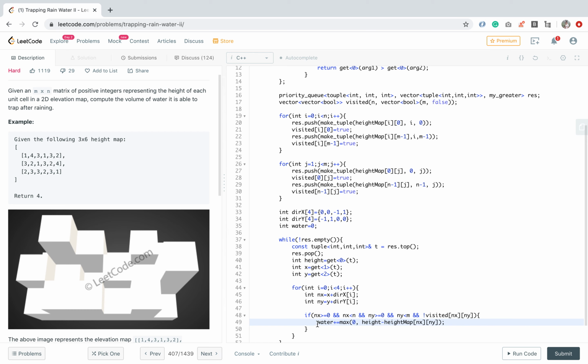We can also make a statement like this if it seems confusing: if height is greater than height map of nx and ny, then we can add water, the difference between these two.